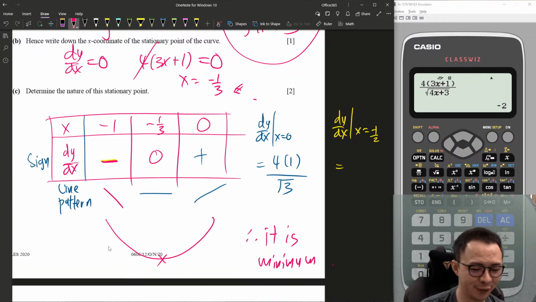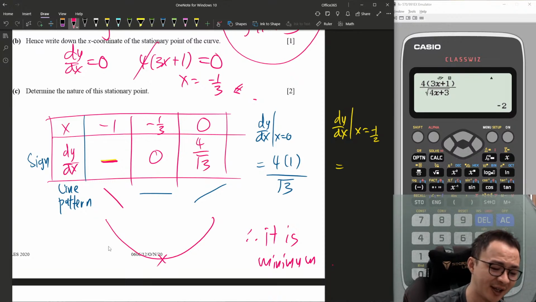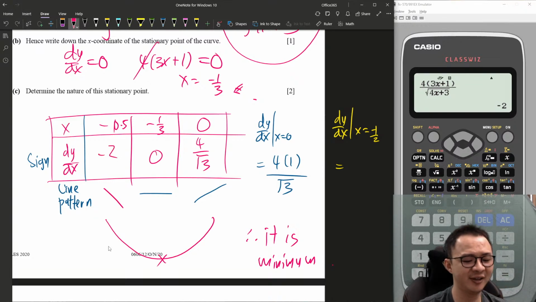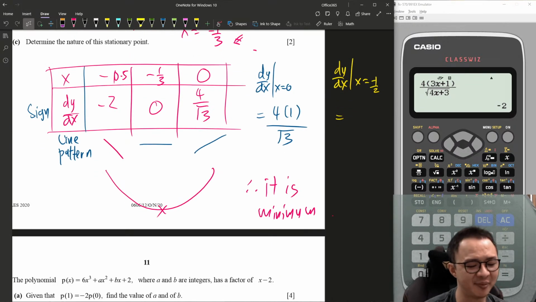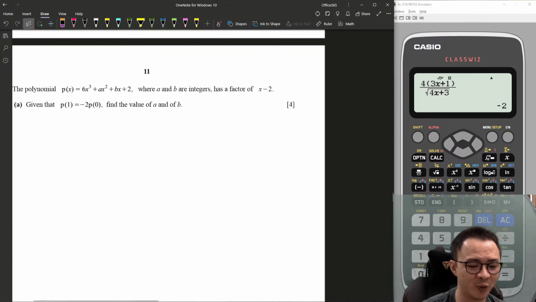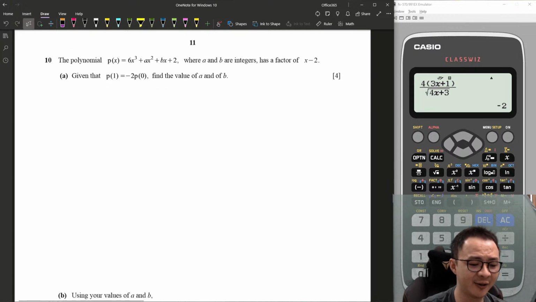Right, so I just use this one, it will be easier. Or you can write down the dy dx value if you want to. This is like 4 square root 3. This is negative 0.5. And then you get negative 2. So the gradient of the pattern must look like that. You can just use any of your own way to prove that it's a minimum rather than the second derivative, because they only give 2 marks, and the quotient rule doesn't seem worth it. Alright,